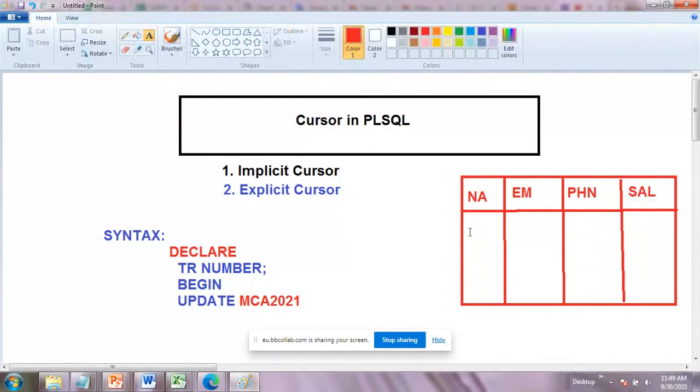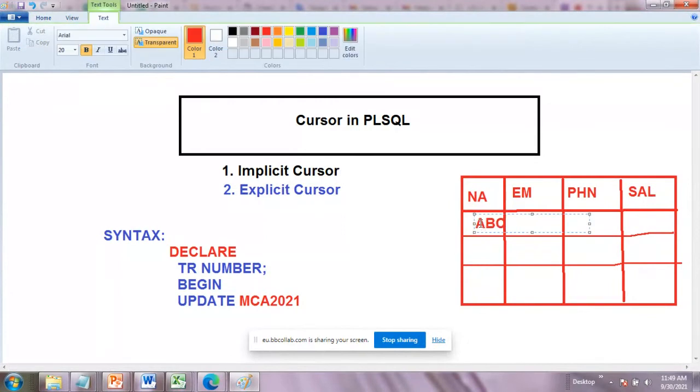Suppose I have some records like this: name is ABC, salary is $2,000.